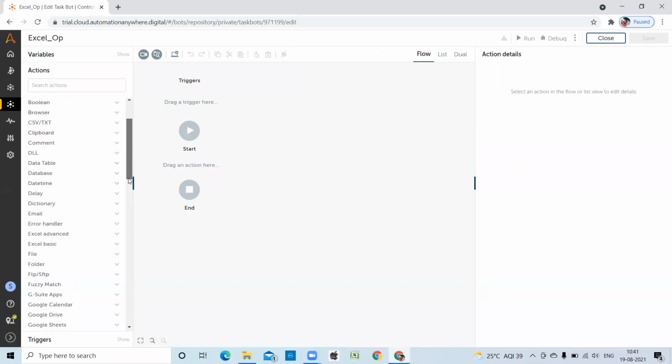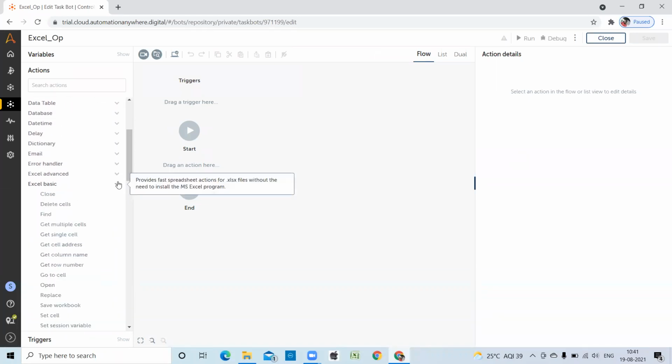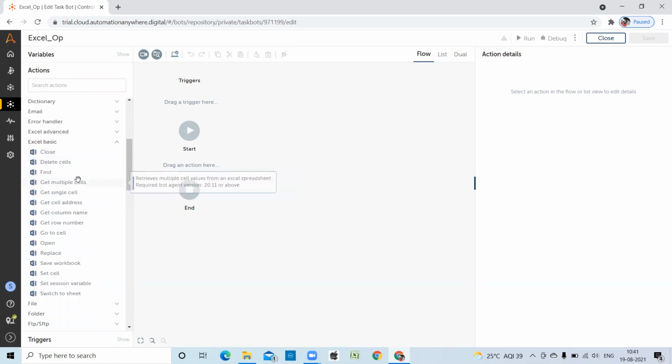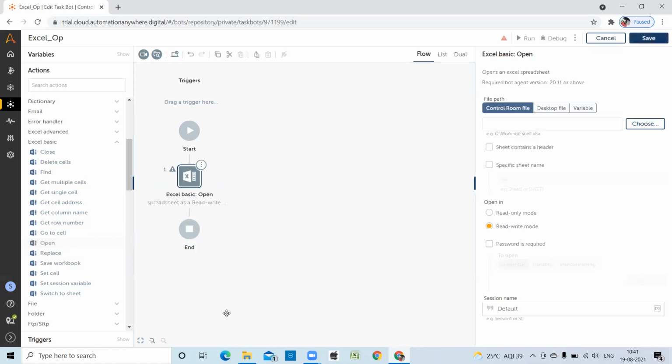So I'm going to the basic Excel commands. Today you can try all these commands and see how they work in the Excel basic section. In the Excel basic section, we don't need to open the Excel file, it won't come to the foreground. Everything works on the back end side only, nothing but background only. So we go here.